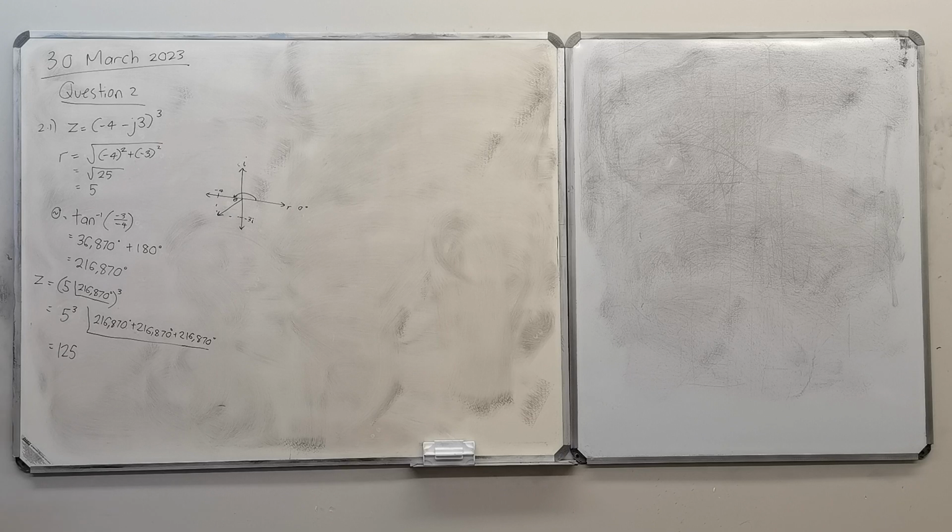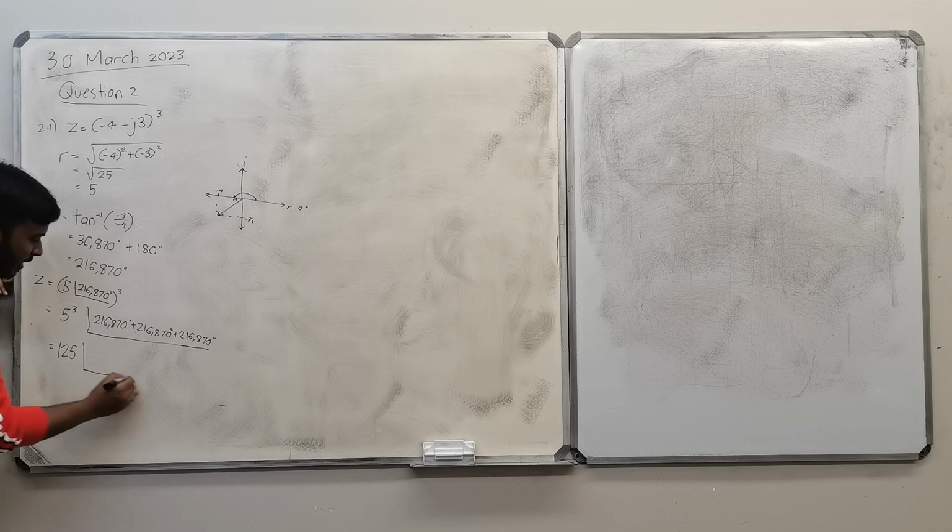Sorry, you don't multiply by 3, you cube it. Right? Which is 5 times 5 times 5. It's not 5 times 3. Sorry about that. This is cube, it's fine, right? So the modulus is 125, and then this angle is